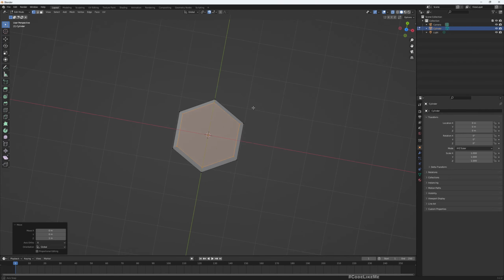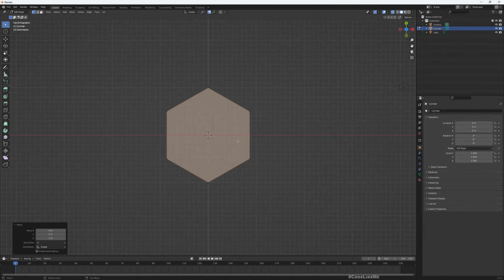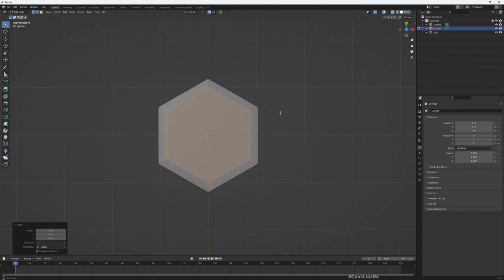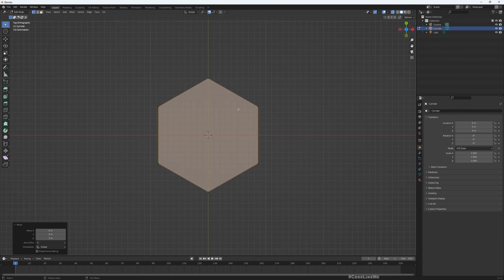So now if I go to the top view, if I want to make this width this way, this is now 200 units. So if I scale it, say 2.5,